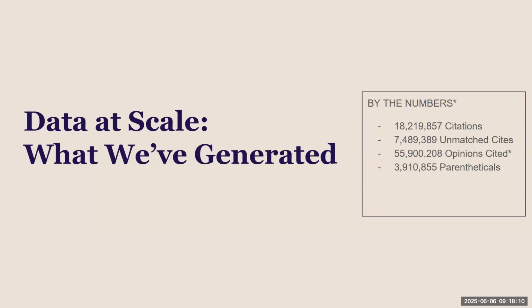Does everyone know a parenthetical, when a judge gives a brief description of the case? Using our tools, we're able to pull out 4 million parentheticals so far. We like to think of these as: who knows better what a law means than a judge who's citing to it? So we have tools we haven't fully released, but we have a parenthetical search, and all this information gives a brief, nice, non-AI driven summary of a case that we can use to build faster summaries of our opinions down the line.